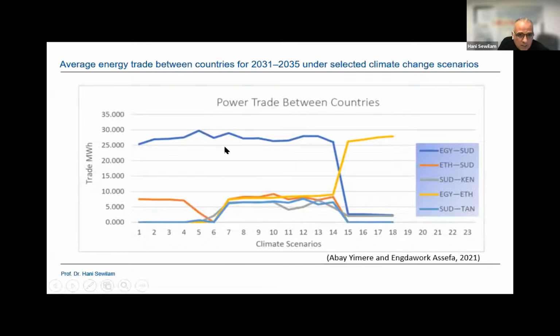energy between the countries. So the blue line here is showing the cooperation is going to increase between Egypt and Sudan and then will drop with certain scenarios. But the yellow, the energy relation between Egypt and Ethiopia, will go up. So regardless of the other countries, because we have Kenya and other countries, but here we focus on Egypt, Sudan, and Ethiopia. The three, they have a common future in terms of energy.